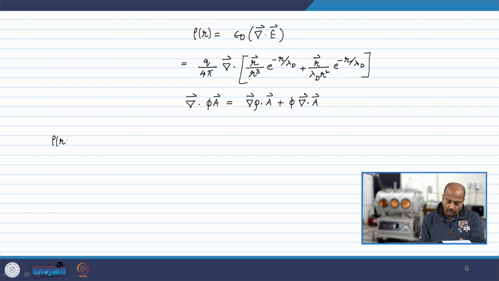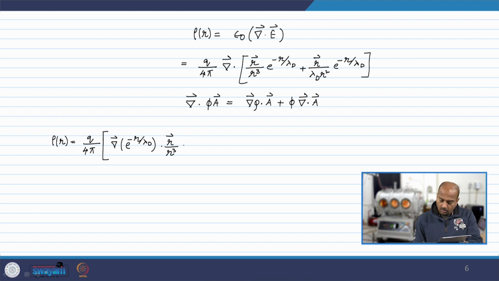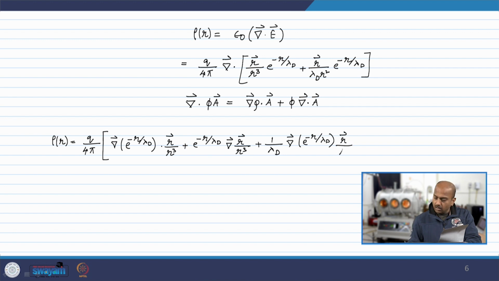So, the charge density rho of r is q by 4 pi. I will just write the entire algebraic expansion. You can do it without looking at the board. e to the power of minus r by lambda d times del dot r cap by r cube plus e to the power of minus r by lambda d, we will have 4 terms, because there are 2 terms within the divergence bracket, right. 1 by lambda d del of e to the power of minus r by lambda d dot r cap by r square plus 1 by lambda d